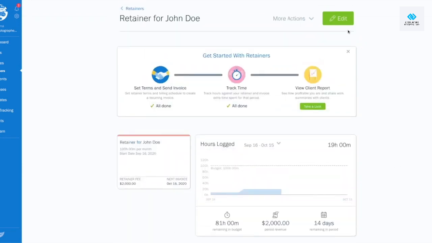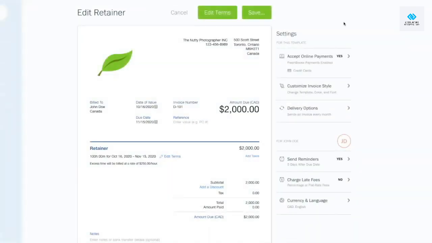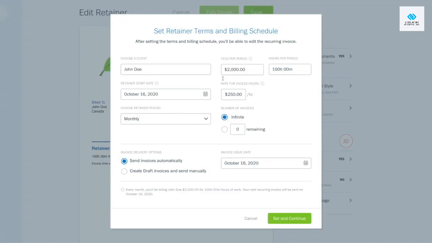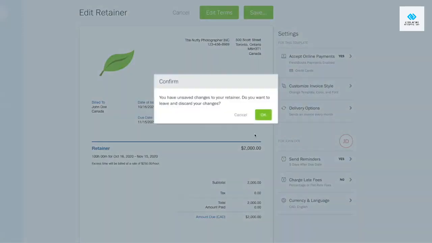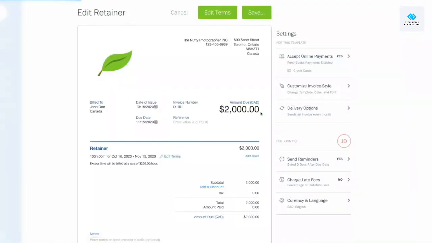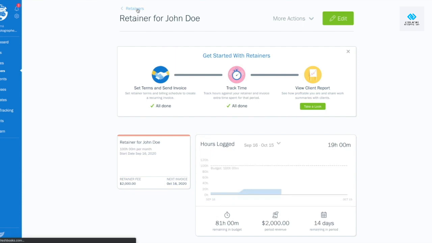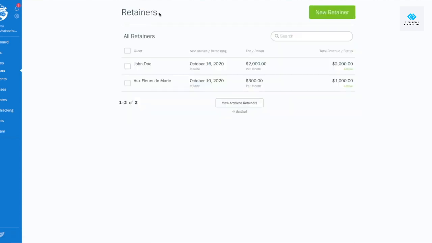And from the top here, we can always click edit to go into the retainer creation page here to change any of the settings for the retainer, or clicking on edit terms to change the terms themselves. But we'll back out of this already made retainer here so that I can show you a new retainer. So by clicking on new retainer,